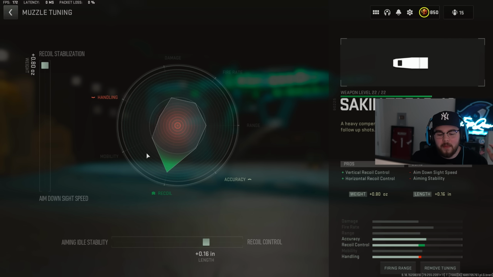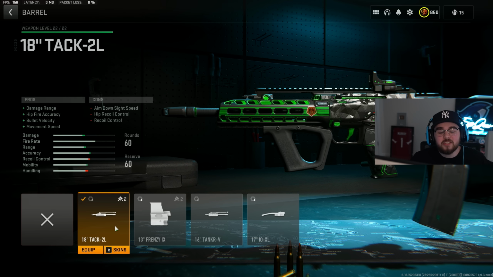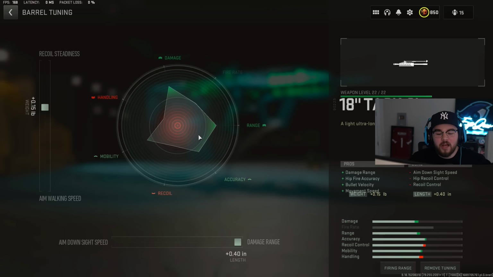For the tuning on the muzzle, I completely maxed it out for that recoil stabilization, and then I did plus 0.16 for that recoil control. Then we're tossing on the 18-inch TAC 2L barrel, giving you guys that damage range, hip fire accuracy, bolt velocity, and movement speed, making it where the Tempest Razorback is better in every possible way. For the tuning on the barrel, I did plus 0.15 for that recoil steadiness and plus 0.40 for that damage